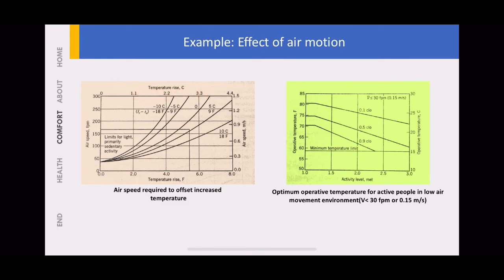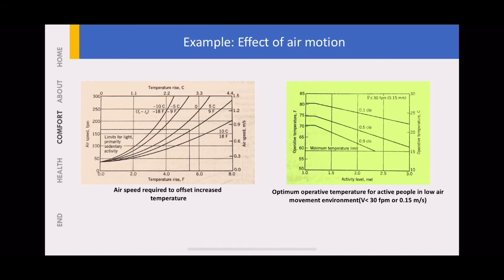As temperature increases, the airspeed, this left is FPM and the right side is in the SI unit, meter per second, will need to be increased. The fan works should be increased to supply cold air even faster inside that room, right? The higher the temperature, the higher the airspeed needed in order for us to bring in cold air around and